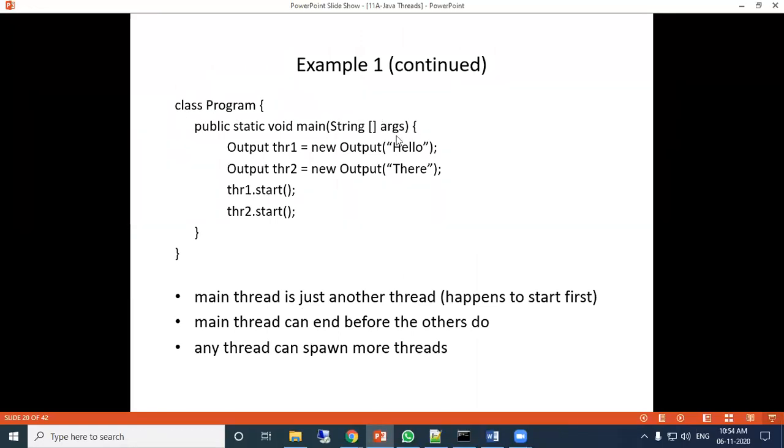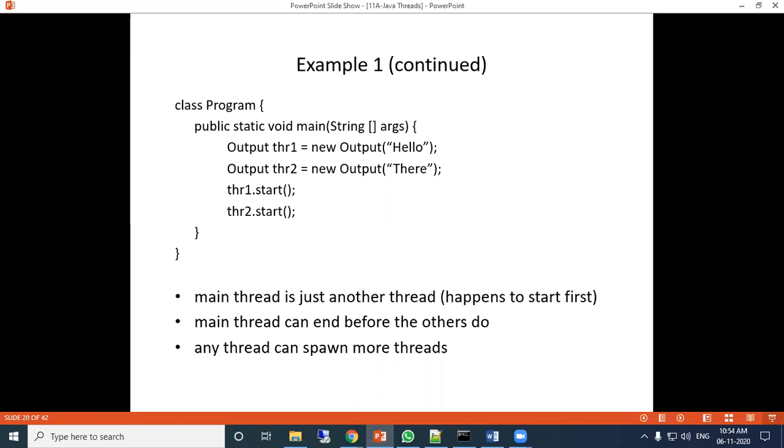Then in the main function we have seen there are two threads we have created, thr1 and thr2 of this output class, and to execute the thread, there is a predefined method, that is start method. Start method is used to start the thread.